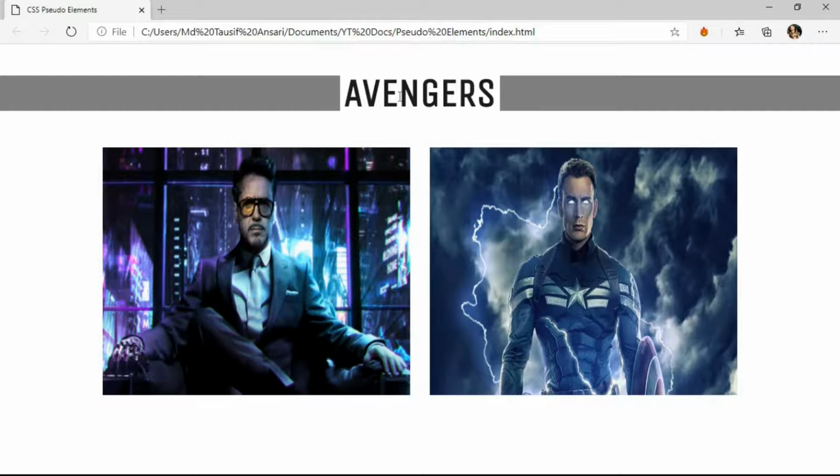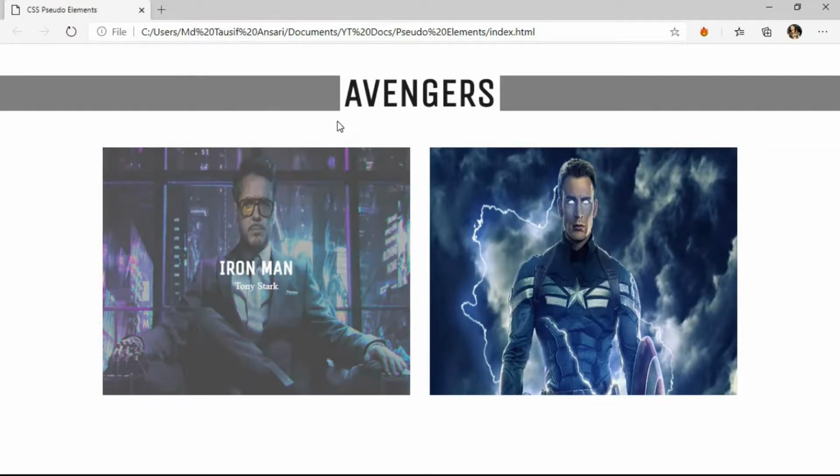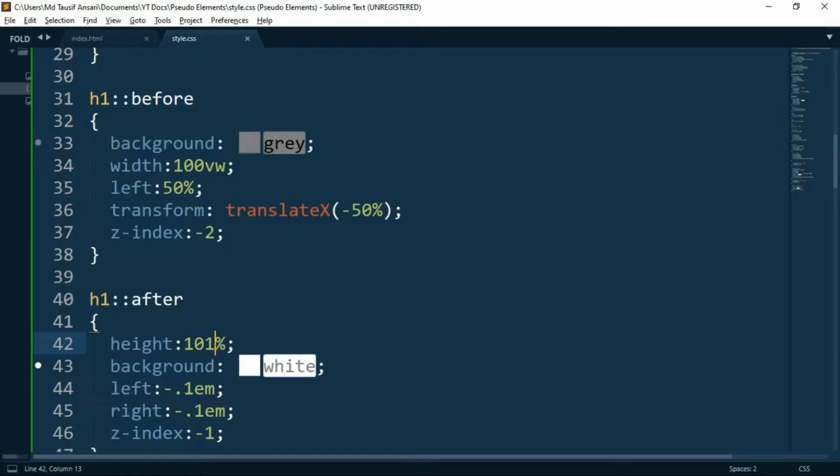Yeah. Now guys, let's style the images. For that, one more important thing guys is that in some web pages this 100% height may not work. So to eradicate that, for safety we can use this as 101%, because in some web pages you can see a slightly 1 pixel border over here. So to eradicate that, we have used that 101% attribute. So yeah, let's just style the